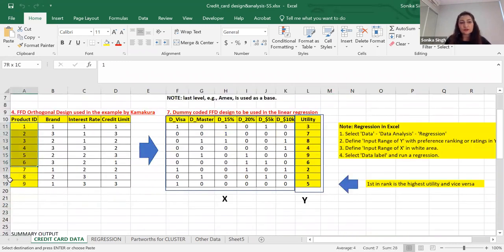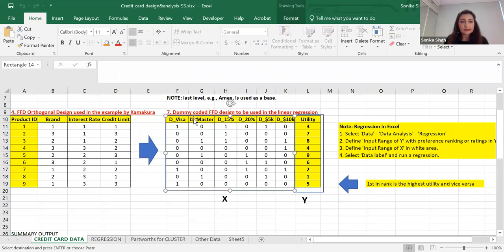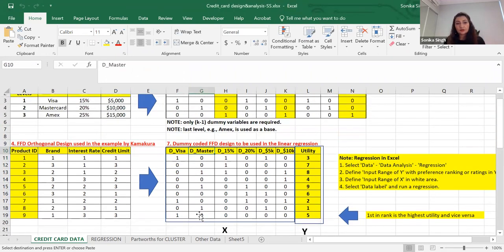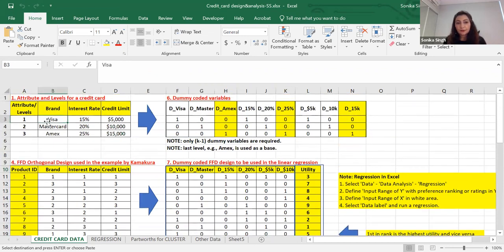So there are 9 combinations of credit card based on their brand, interest rate, and credit limits that were shown to the consumers. And for the purpose of your analysis, what you have to do is convert these into dummy variables, right? This is the dummy for Visa, this is the dummy for MasterCard, but remember that there are 3 brands. And so when we are converting them to dummy variables, we use n-1. That is, we leave out one of the brands, right? That was a rule of thumb that we had looked at in one of our earlier lectures